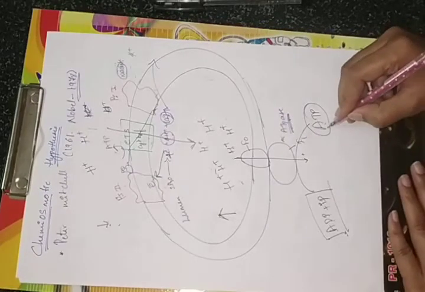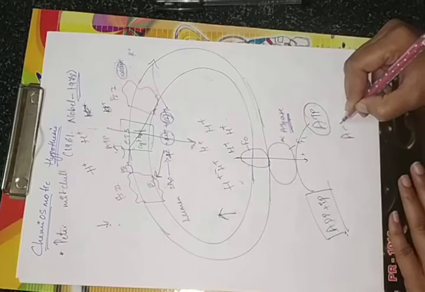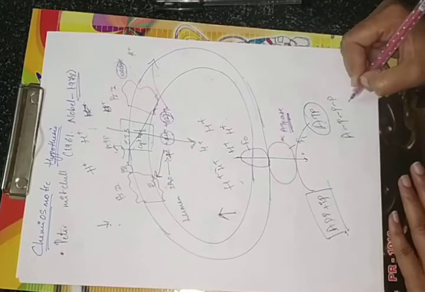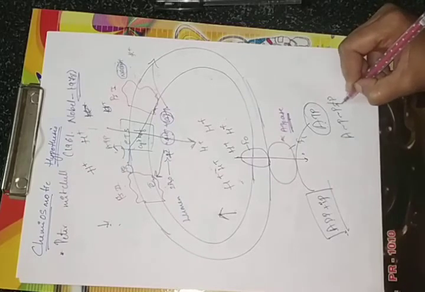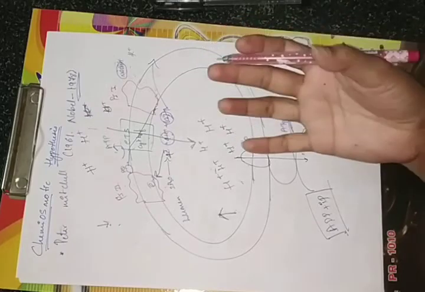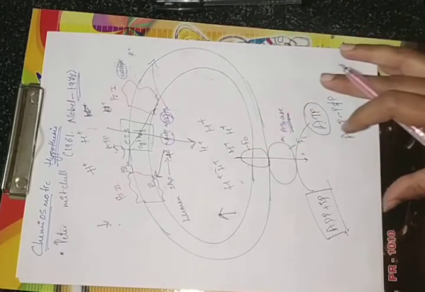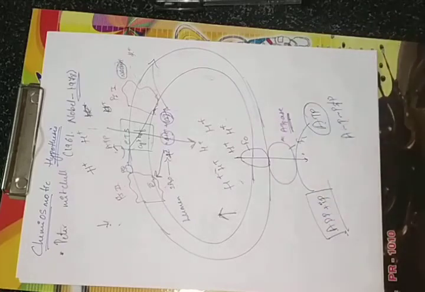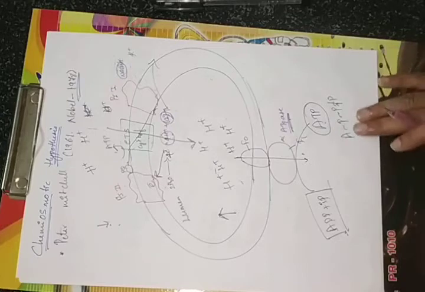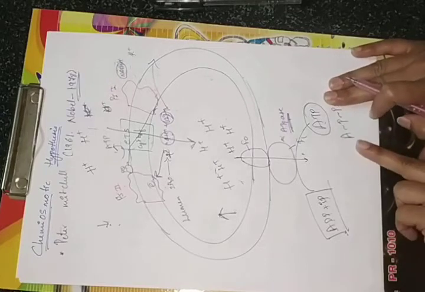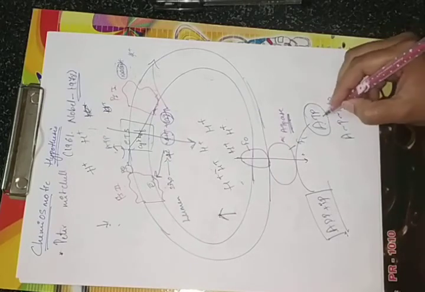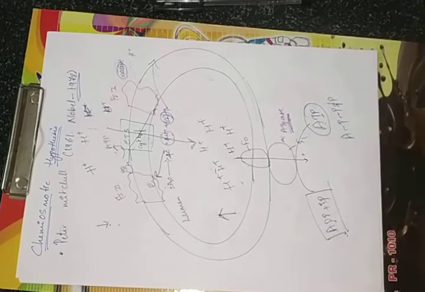This ATP, adenosine triphosphate, means how many phosphates will be there? 3 phosphates. When this bond breaks, some energy is released. That energy is utilized by the cell or the organelle for its work. Okay, I hope you people understood. When phosphate is 2, it is adenosine diphosphate; 3 phosphates, adenosine triphosphate. Tri means 3, di means 2.